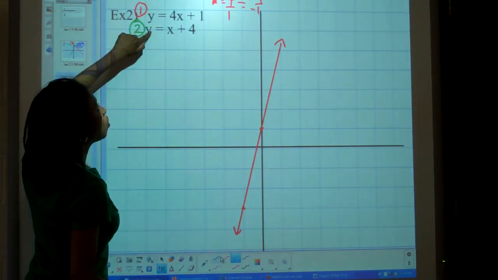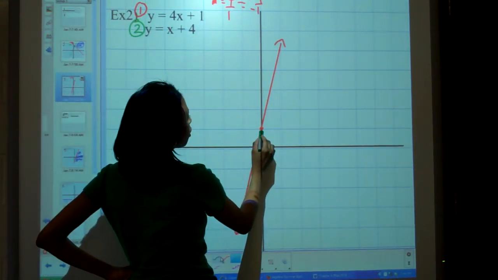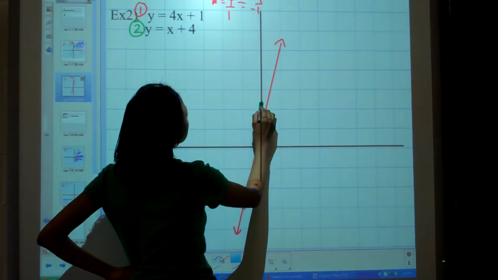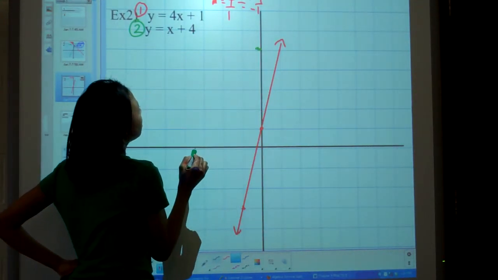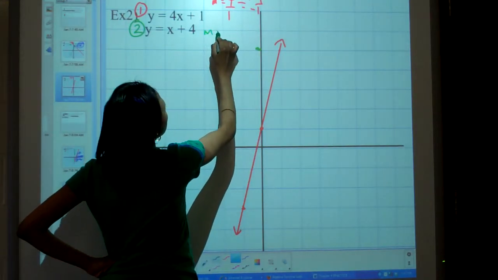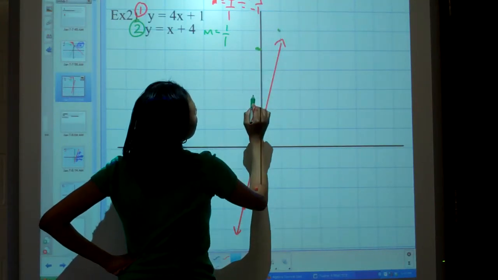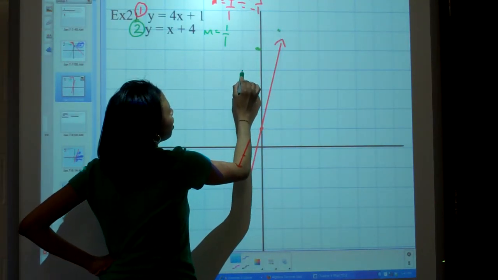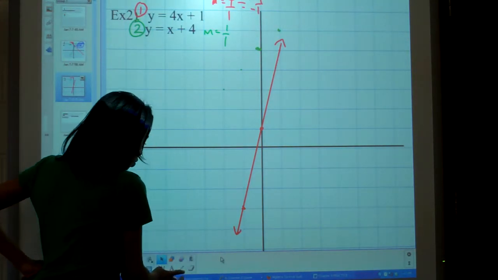Now I'll do the second one, y equals x plus 4. What's my y-intercept? At +4. Here we are. It's going to be at 1, 2, 3, 4. And what's my slope going to be at this one? It's going to be m equals 1 over 1. So I'm going to go over 1 and up 1. Okay, and then to the left 1, down 1, to the left 1, down 1. Okay, and if I draw this one here,